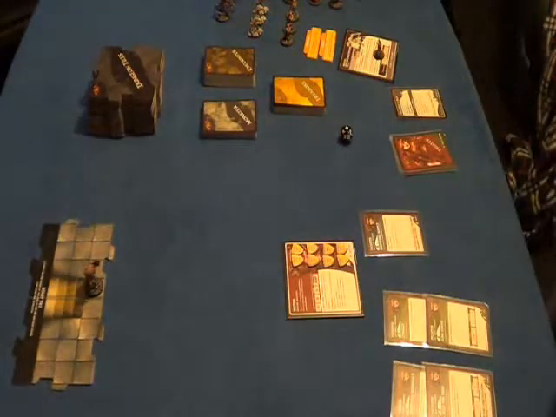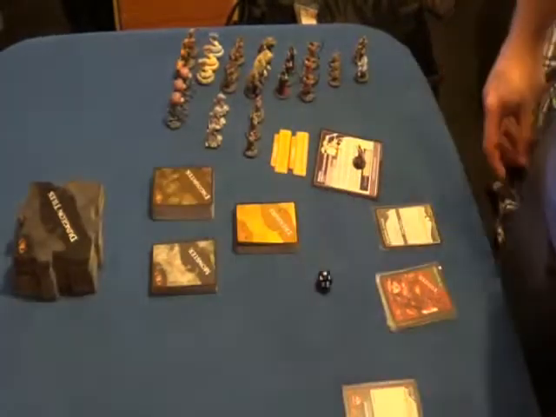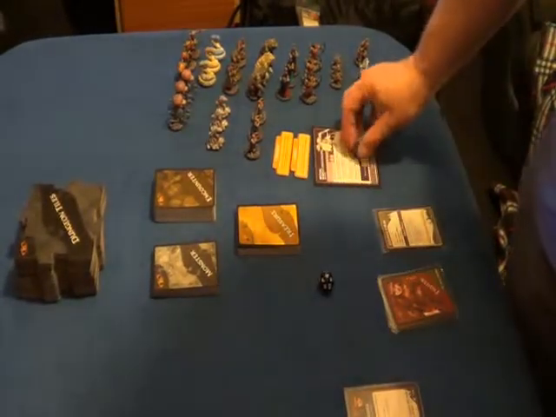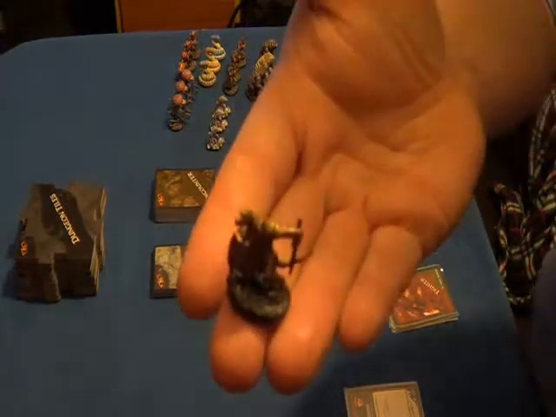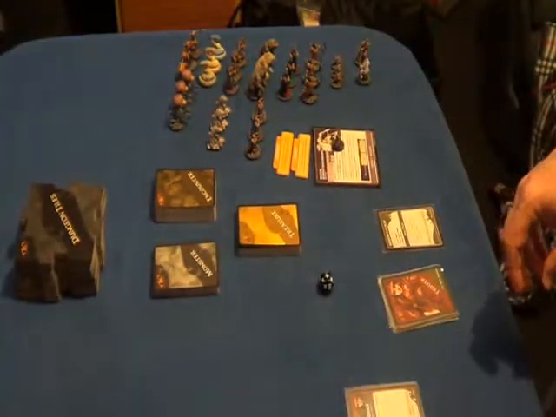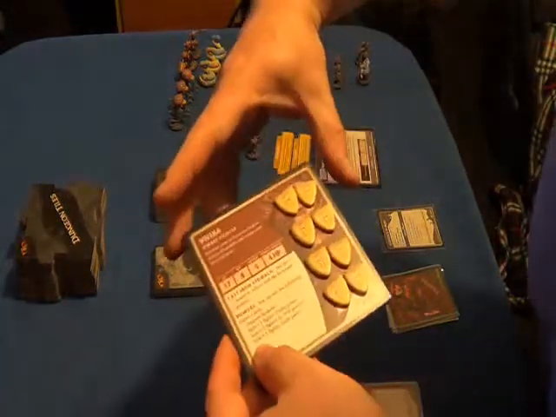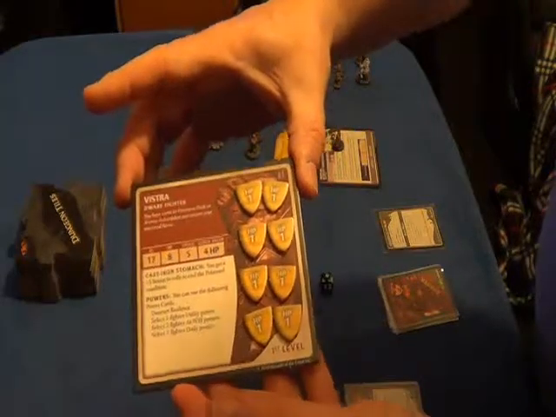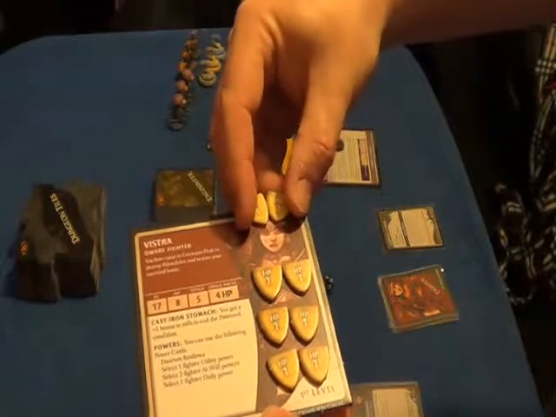We have a bit further up, if I move my tripod, our collection of monsters. We have the main monster, which in this case is Mirak, the Kobold Dragon Lord, and that's him. Not a very big model. This time I will be playing as Vistra, the dwarf fighter, and she, for she is female,